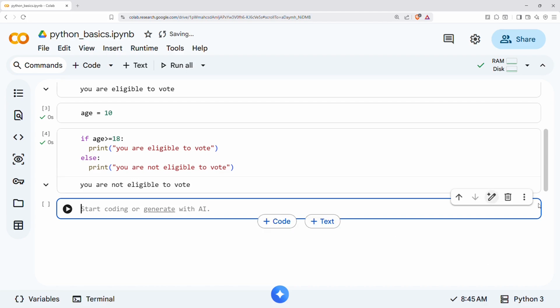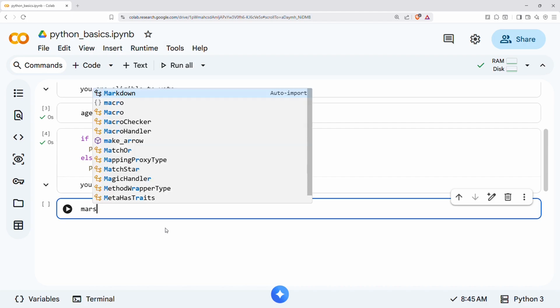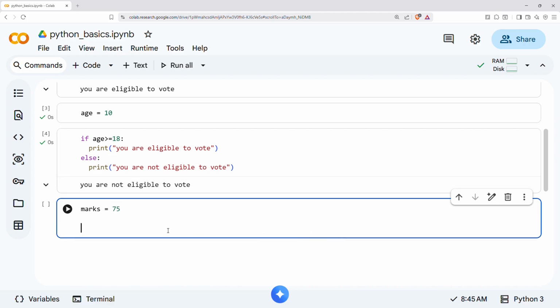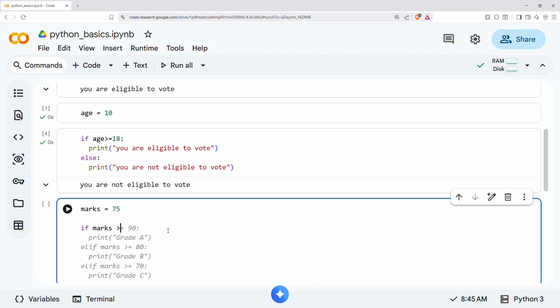That also works, but there is a better way of writing it. So how do we do that? Let's say marks is 75. If marks is greater than or equal to 90,